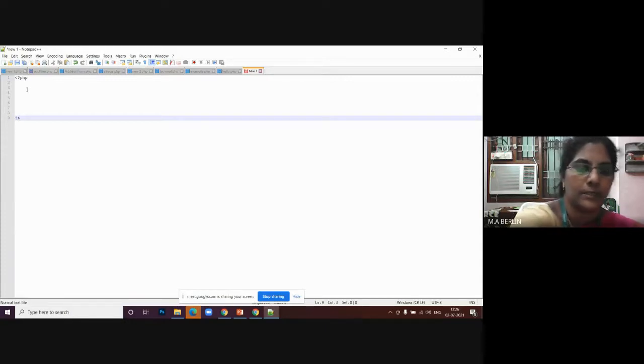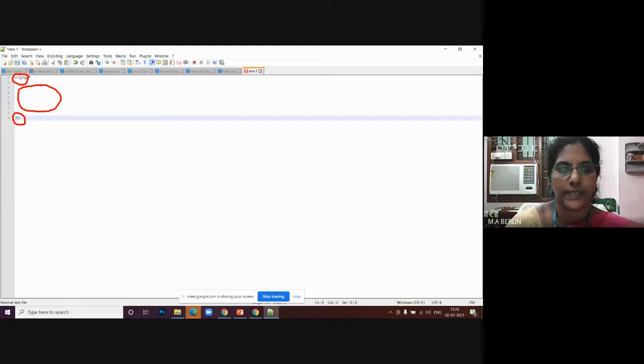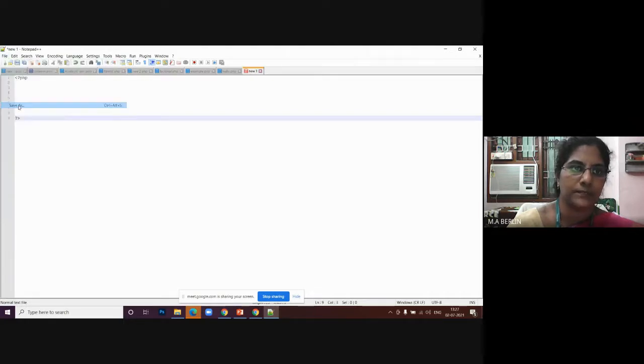Now you can see that this file is not saved yet, so it is in this color, and this also in this color, and here is a space for writing your PHP executable statements. Now what we need to do is save this. So File, Save As.